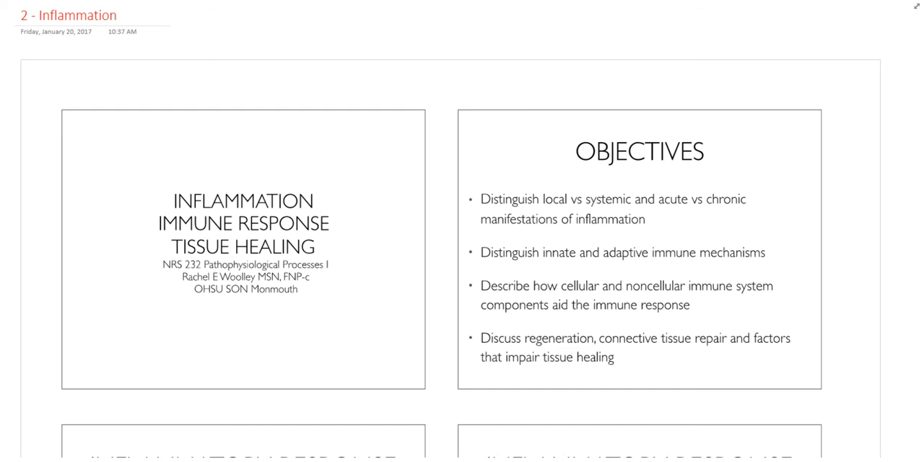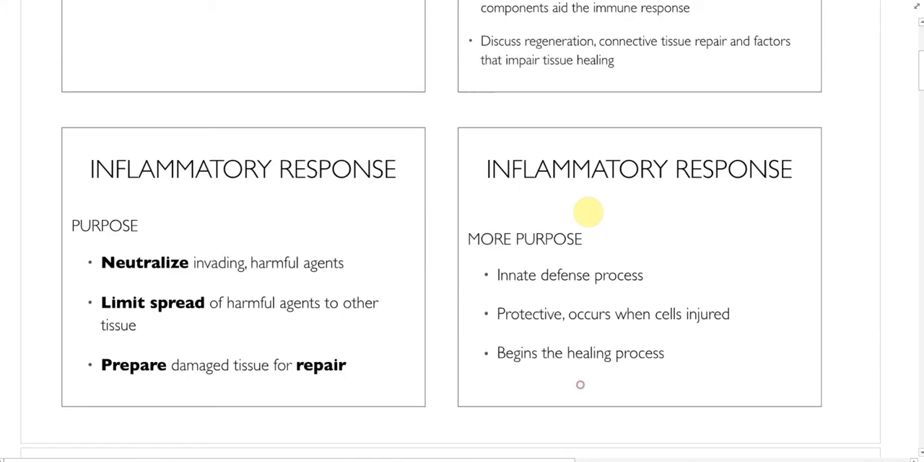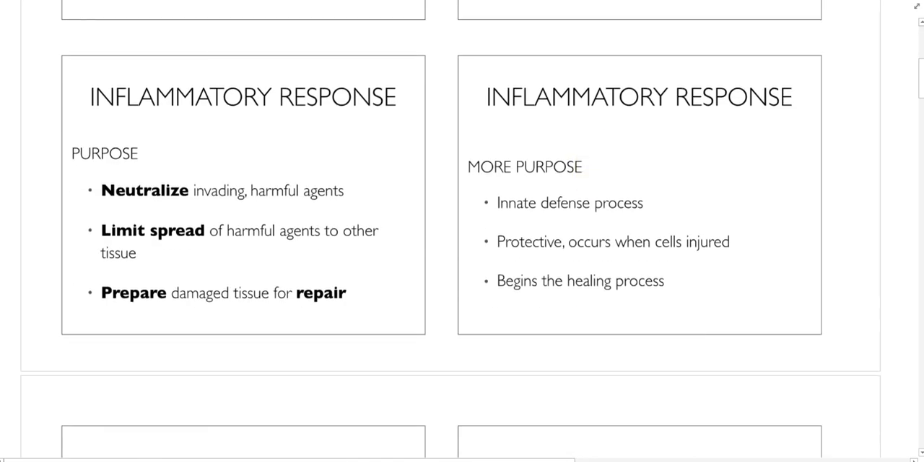Alrighty, week 2, inflammation and stress response. So an inflammatory response is going to have the purpose of neutralizing any potential invading harmful agents. Like let's say you got a cut on your arm. Part of the first thing here is that the inflammatory response is trying to neutralize anything that may have been on that blade or may have been on the surface of your skin that then got into that cut, trying to neutralize that. And they limit the spread of harmful agents to other tissues